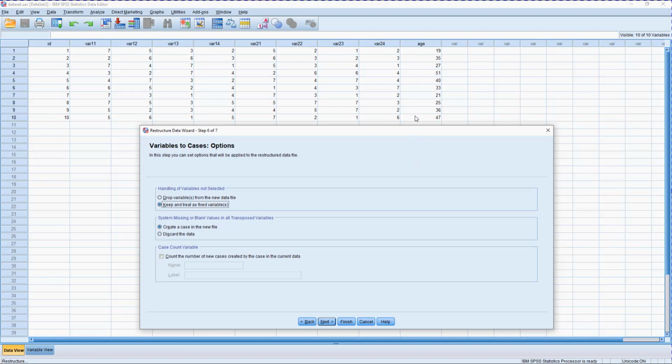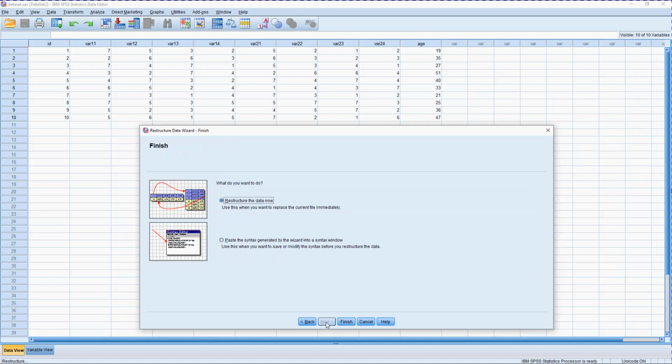So it will be those 10, then the same 10 again, then the same 10 again. In other words, for every participant I will get 4 rows, each with the respective age for this participant assigned. Well, again, I will leave it as is, click on next,